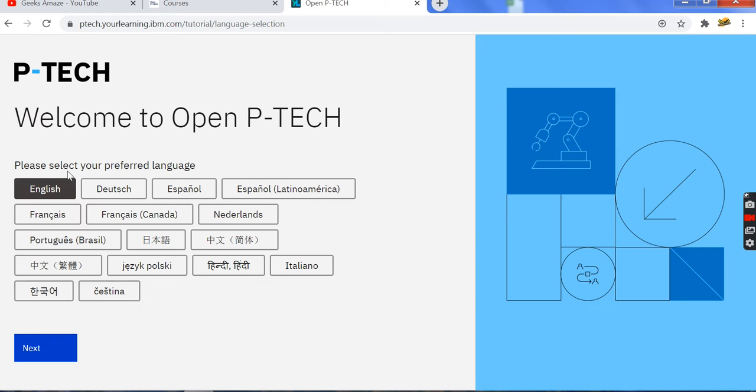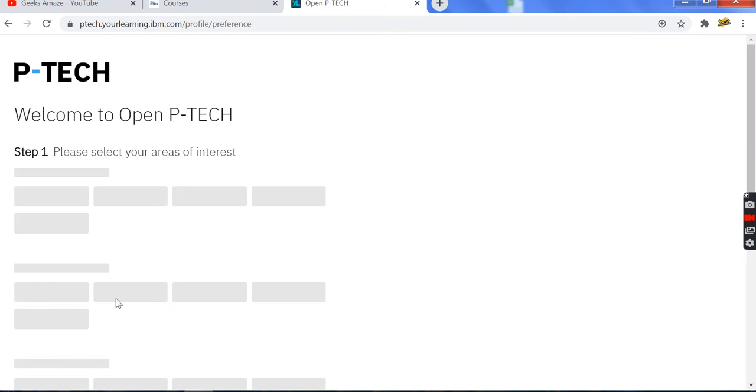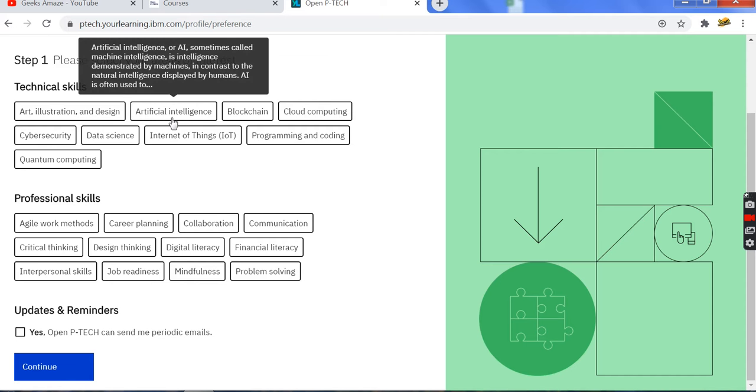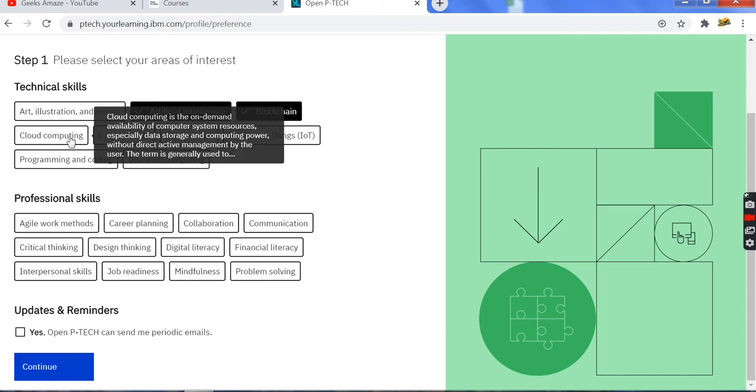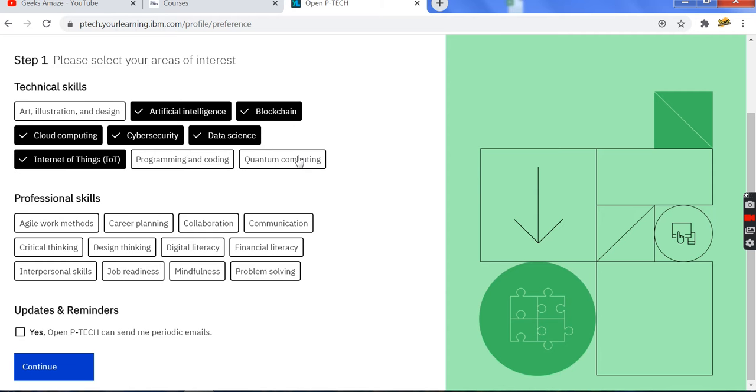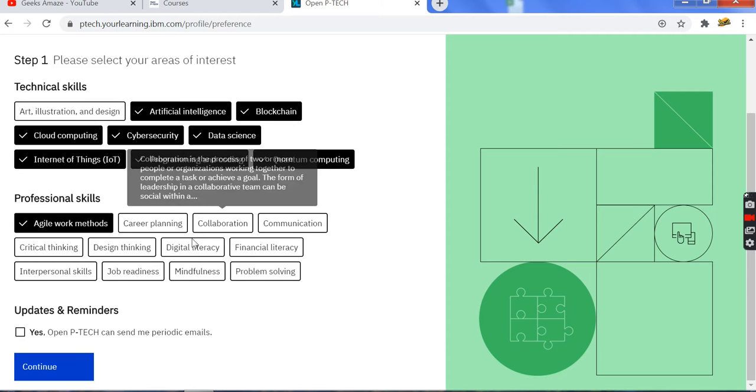Please select your preferred language, whether it is English or Dutch or Spanish or any other language. I am selecting English. Click on next and select your areas of interest. I am selecting blockchain, cloud computing, cyber security, data science, IoT, programming, quantum computing and agile.